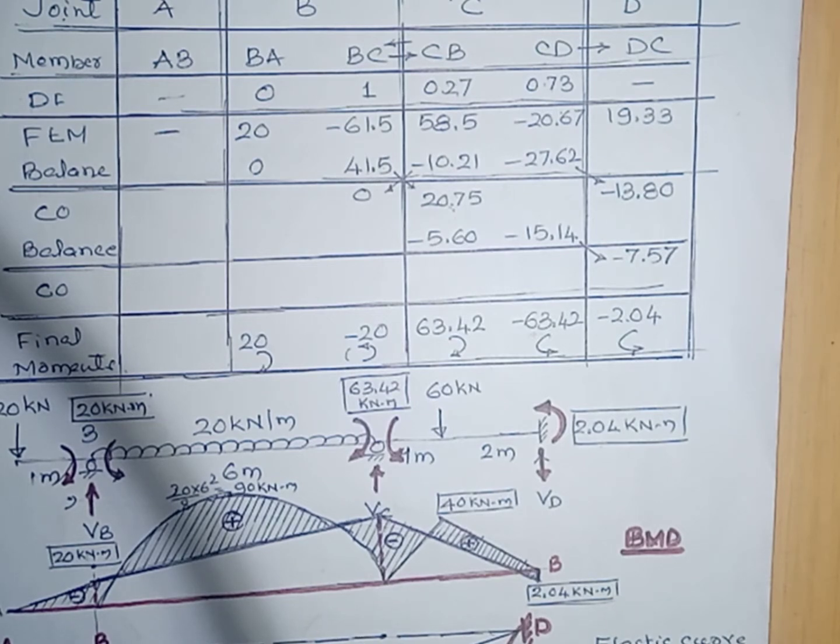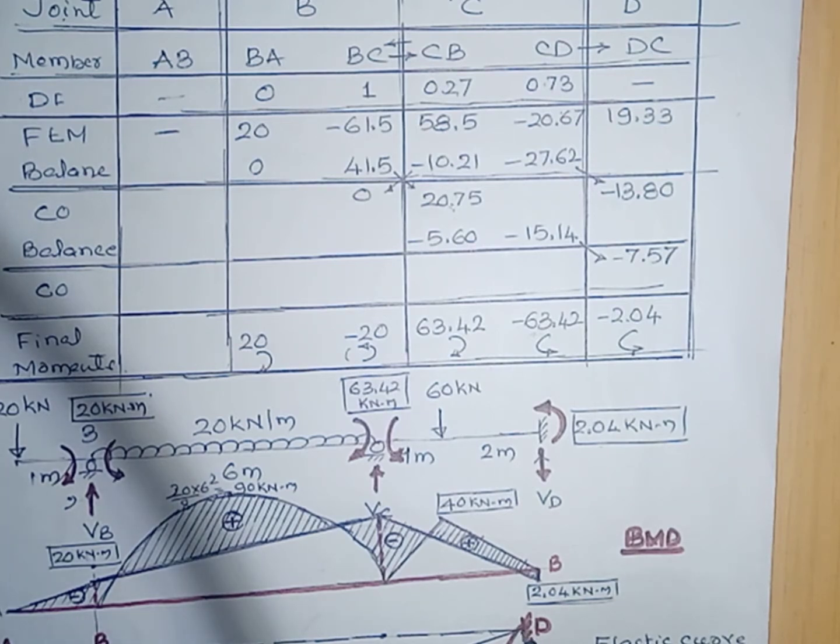Here if you want to draw the elastic curve, in span AB the bending moment is hogging, hence the nature of the curve is like this. Here at the support it is hogging, at the center it is sagging, hence the nature of the curve is like this. Here the support C sinks by 9 millimeter. Then at this support C the bending moment is hogging and the nature of the curve is like this. From this point to this point the bending moment is sagging, hence the nature of the curve is like this.